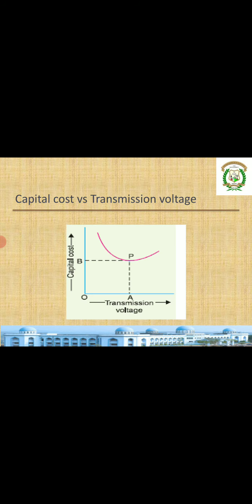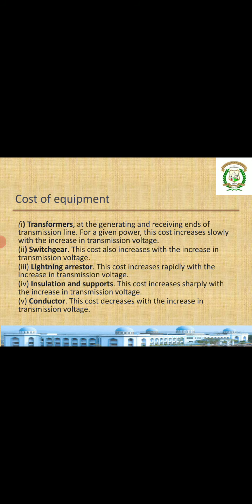So to get the economical one, we will have a graph for different transmission voltages. What are the different costs? Means all these five equipment costs are taken for different kVs. Like for 11 kV, what is the cost for a given power? If it is 22 kV, what is the cost for the given equipment? Or if it is 33 kV, what is the cost for the same power for different equipment? If it is 110 kV, what are the costs for all these elements? Totally, for each kV, we will have the cost for the elements.